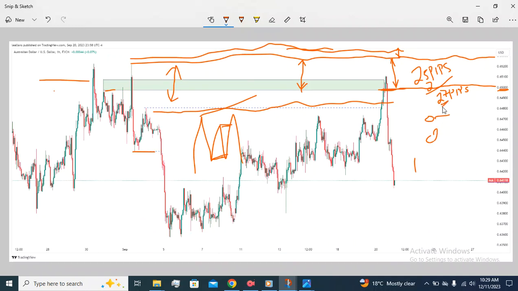Let's work with this figure instead: in this single trade, I am willing to lose $27. Then I take $27 divided by the number of pips, which is 27,